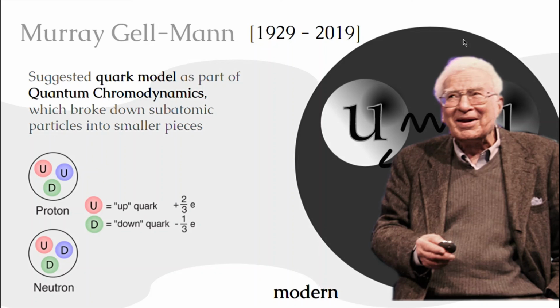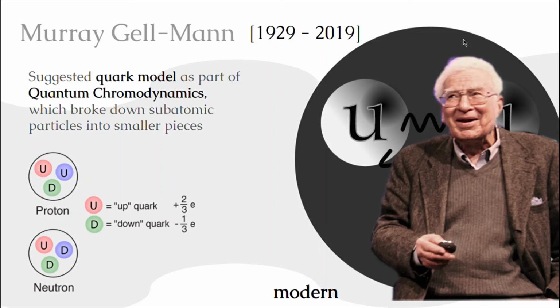Murray Gell-Mann and a few other physicists realized that there's more going on, and this is way beyond the scope of this video, but I just want to make sure that you're familiar with the notion of quantum chromodynamics, which has a bunch of complex stuff about color and spin, but all you need to know for now is that it breaks down these subatomic particles into smaller pieces, and it reconciles these with charge, because these subatomic particles should have charge for a reason. And Murray Gell-Mann introduces the quark model.